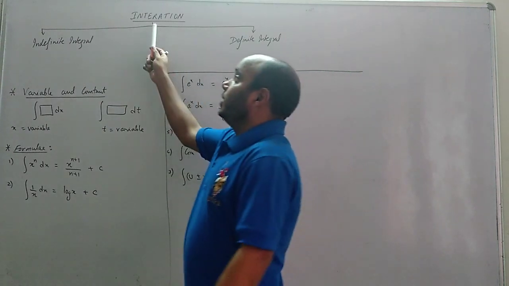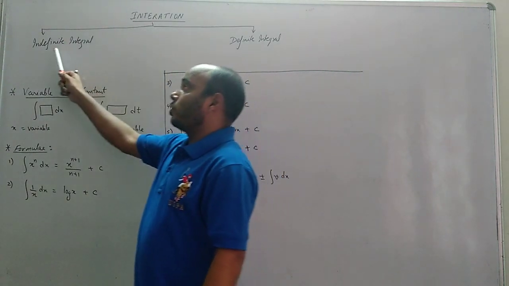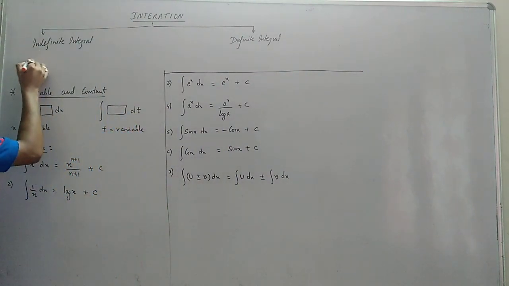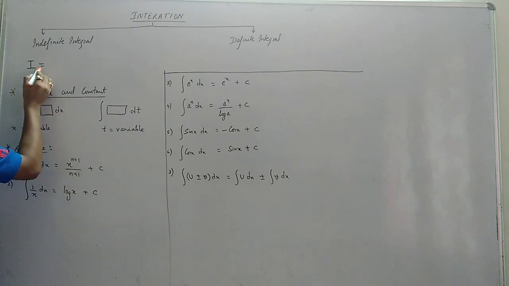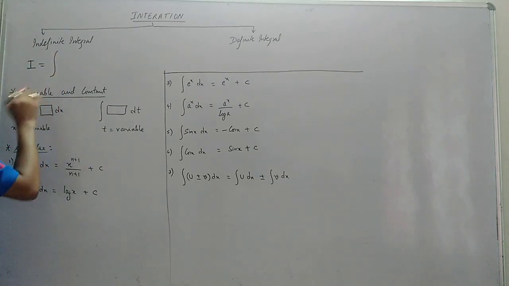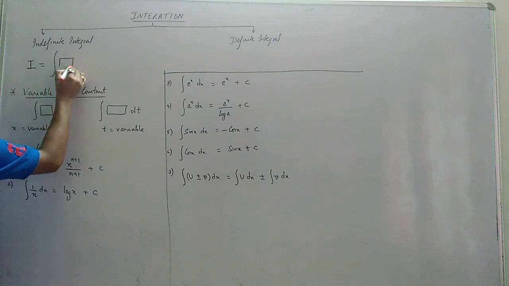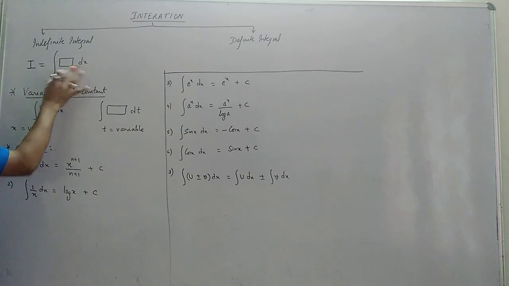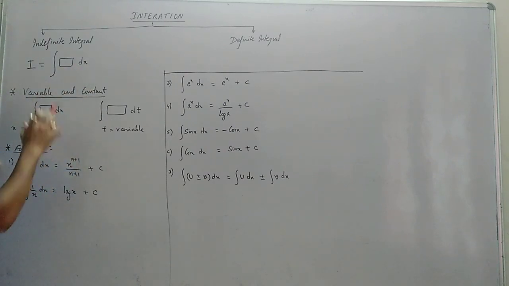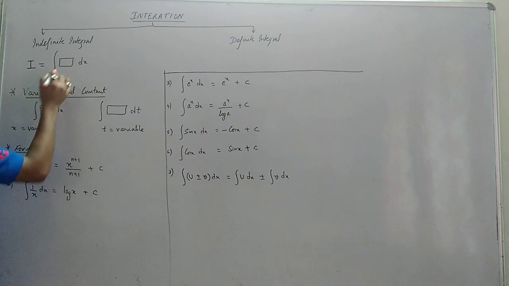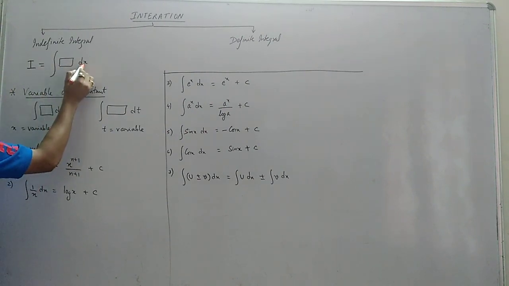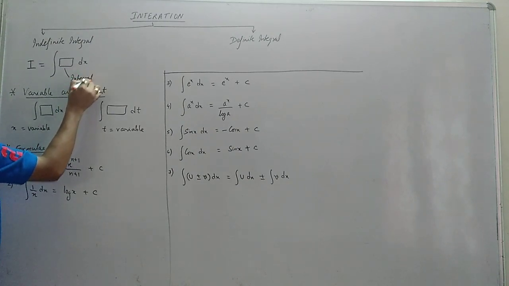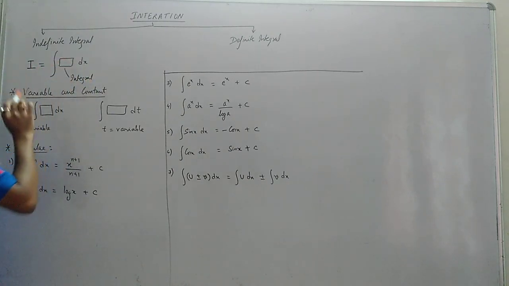Okay, next, integration is of two different types. One is called the indefinite integral. Any integration I show with I equals integration, meaning a big S. This is called integration of something, and here it's written dx or dt. Imagine these two as brackets, okay? Integration of something dx. Between integration and dx, whatever is written here is called the integrand, and this is the term which you need to integrate.